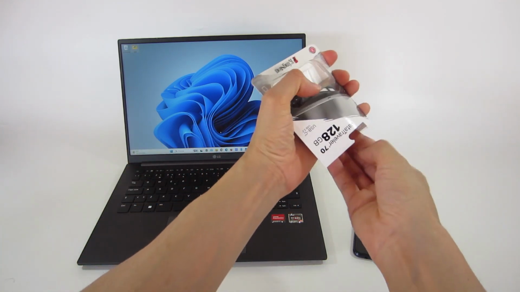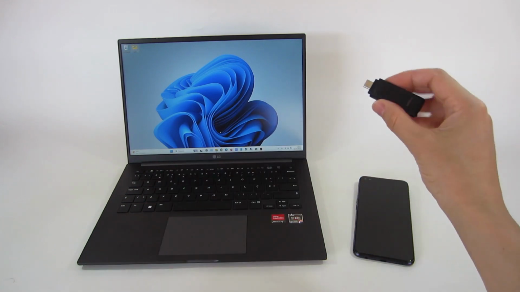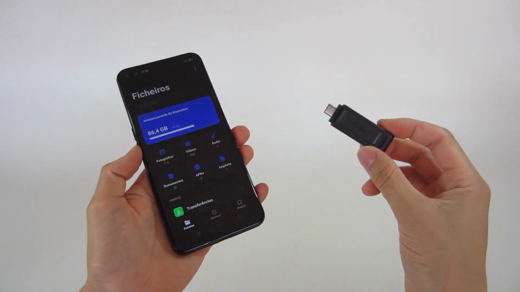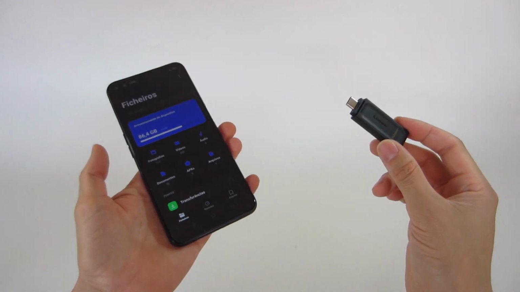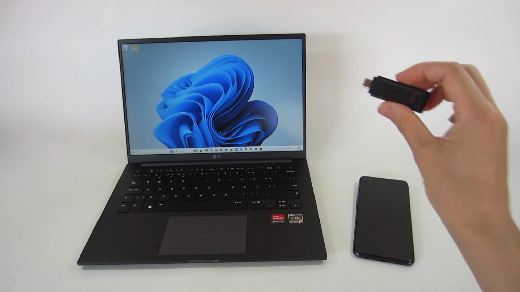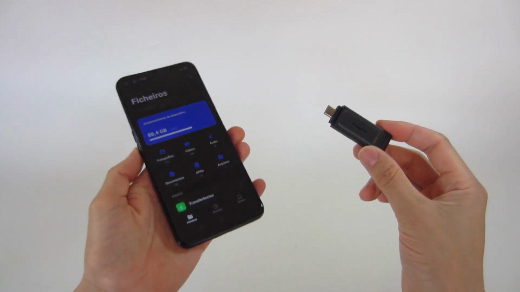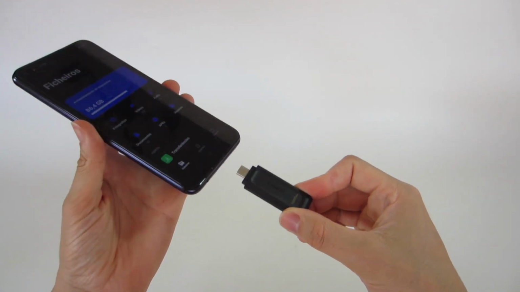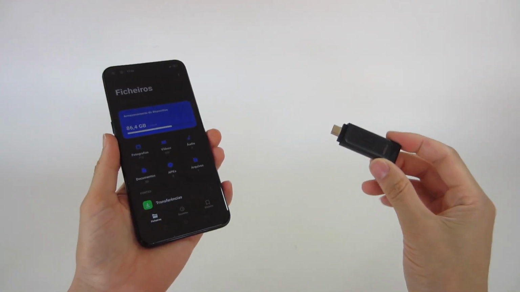But if your smartphone or tablet with the Android operating system is not detecting the USB drive, I will show you how to solve that problem and make it work for the smartphone to recognize external USB devices, because you need to activate the OTG function, which allows you to connect USB-A or USB-C drives via the USB charging plug